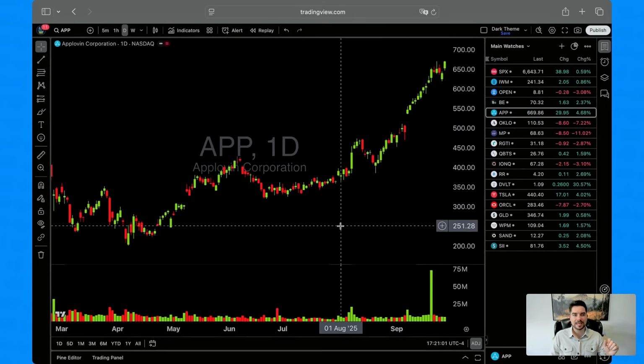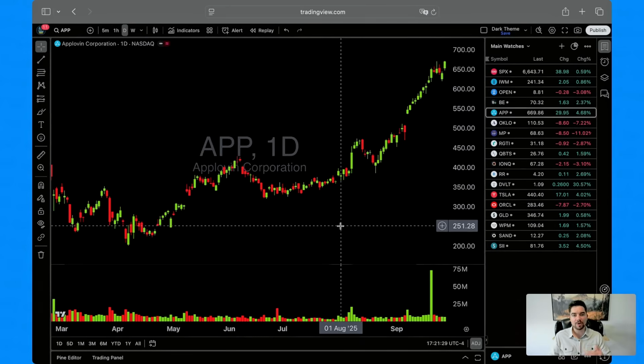So this is a name that has been on watch after it was added to the S&P 500. And basically when a name gets announced that it's going to be added to the S&P 500, a couple of things happen. One is that the announcement happens, and that's usually after hours. And then you basically have what are the knock-on effects of that. So for a name with a market capitalization that's as large as App is, basically when it gets announced as going to be added to the index,